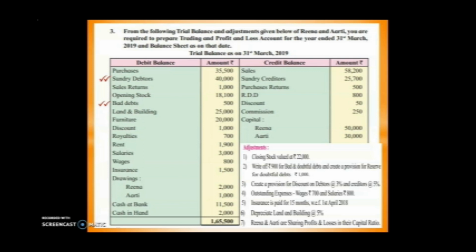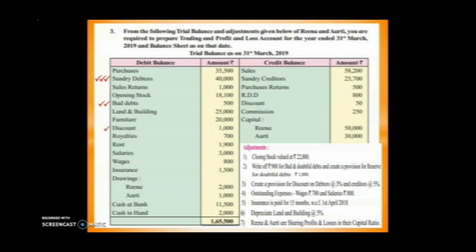Create a provision for discount on debtors at the rate of 3%. Again, this will be affecting the debtors. So we put a third tick on debtors and the second effect will be on discount in the trial balance, and